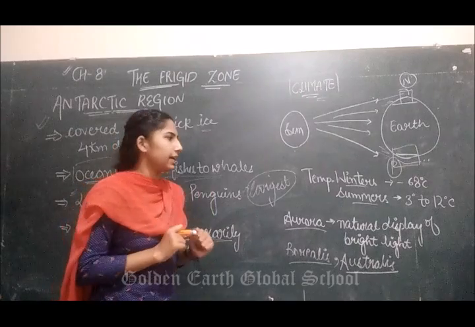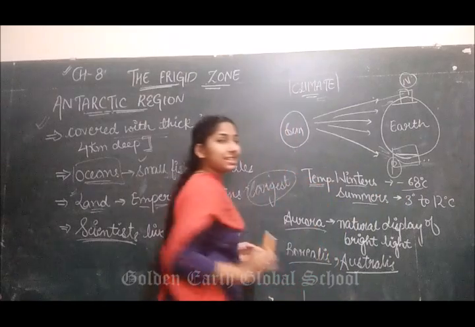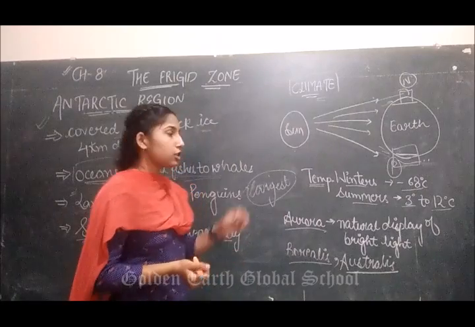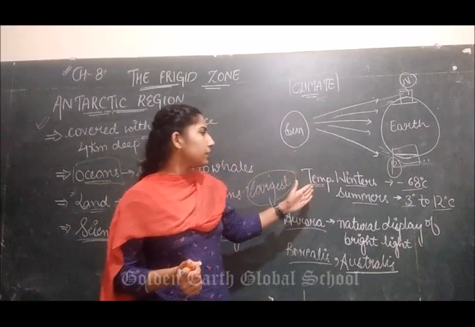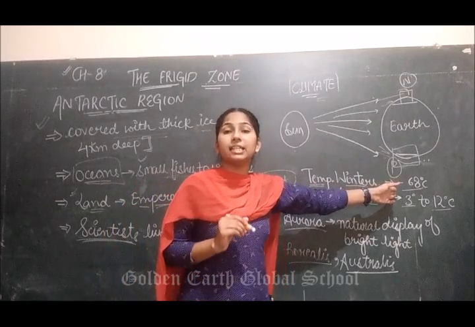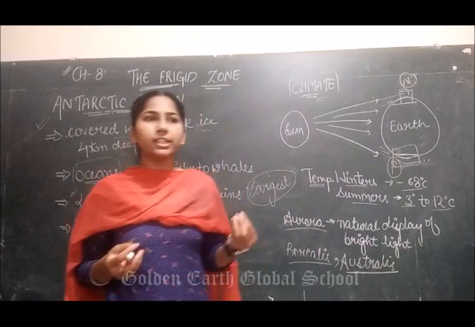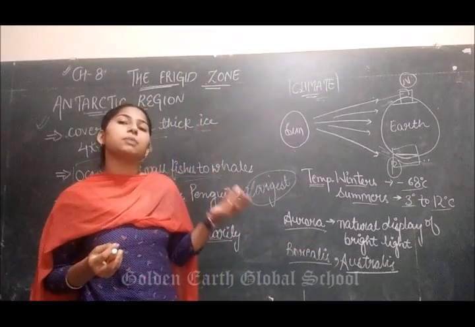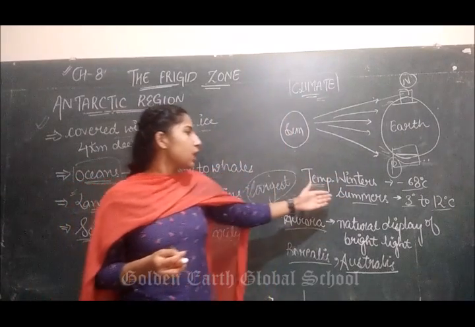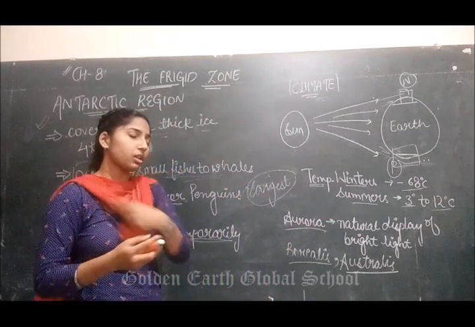इसीलिए वहाँ जो भी टेम्परेचर है, क्लाइमेट है, वो सब ठंडा है। सो टॉकिंग अबाउट द टेम्परेचर, इन विंटर्स इट इज -68 डिग्री सेल्सियस एंड इन समर्स इट रेंज फ्रॉम 3 to 12 डिग्री सेल्सियस। जो टेम्परेचर नियर पोल्स, it goes down to -68 डिग्री सेल्सियस, यानी कि माइनस में 68 डिग्री सेल्सियस, तो कितना ज़्यादा ठंडा होगा। 0 डिग्री सेल्सियस पर तो पानी भी जम के बर्फ हो जाता है। सो यू कैन इमेजिन व्हाट इज -68 डिग्री सेल्सियस। तो इन समर द टेम्परेचर इज 3 to 12 डिग्री सेल्सियस।